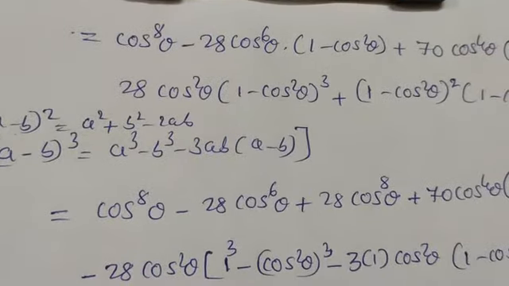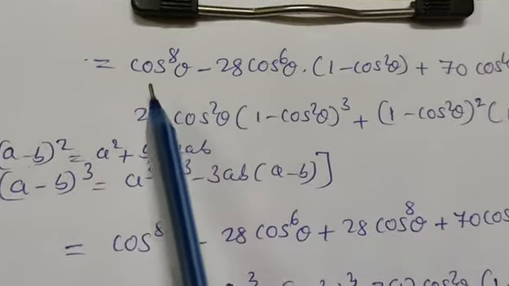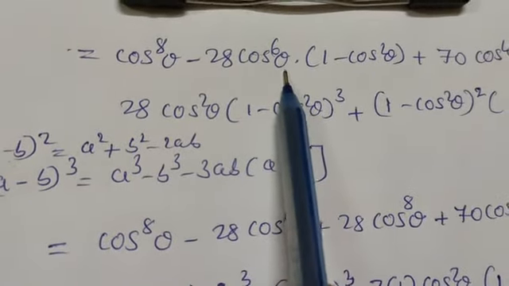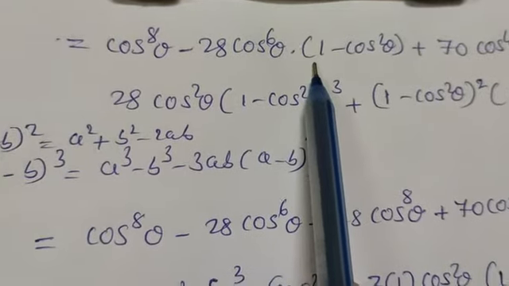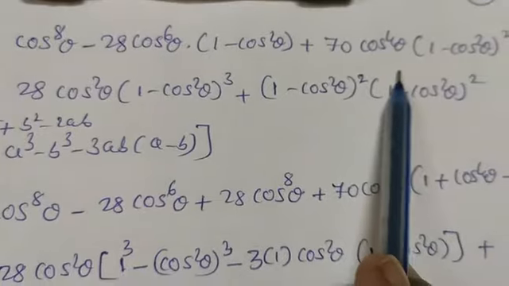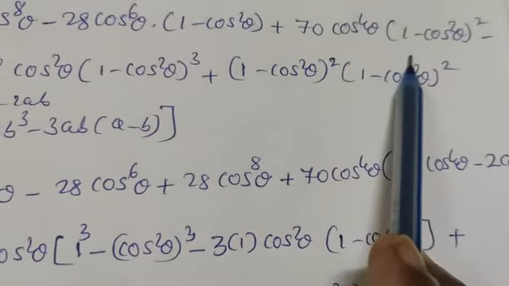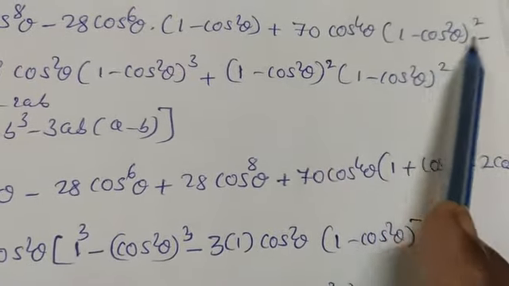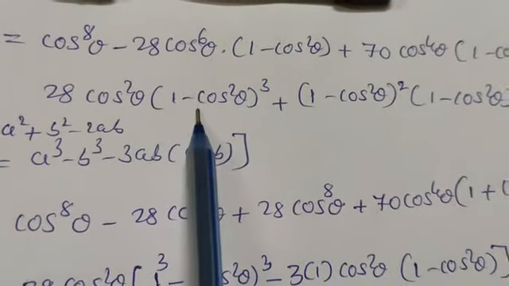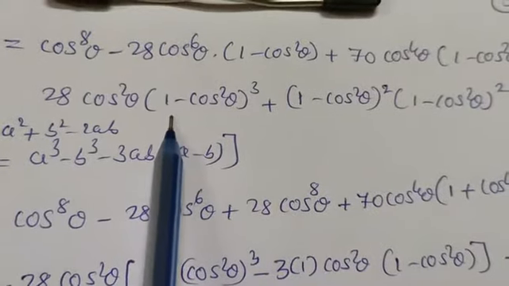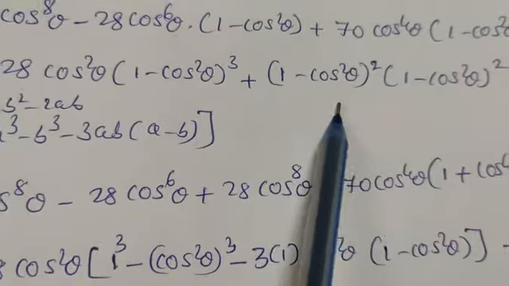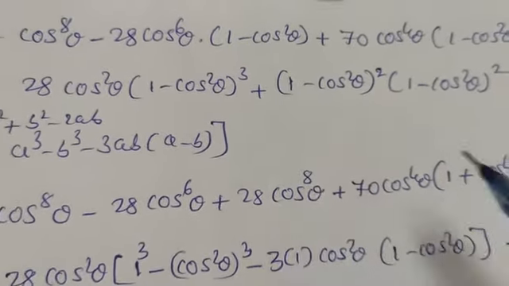So next is cos raised to 8 theta as it is, minus 28 cos raised to 6 theta as it is, and this sine square theta can be taken as 1 minus cos square theta, plus 70 cos raised to 4 theta, and this is again sine square whole square, which is 1 minus cos square theta whole square, minus 28 cos raised to 2 theta, and that sine square theta we can write as 1 minus cos square theta whole cube, plus